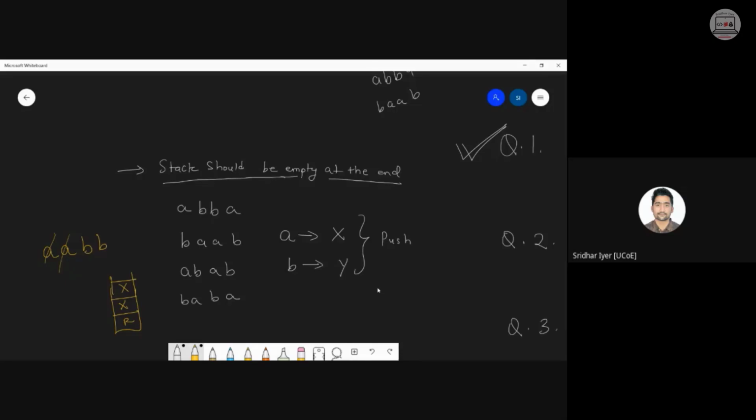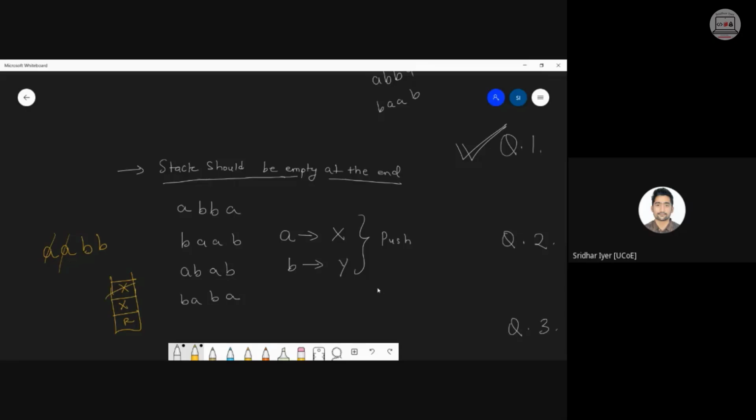What will the popping condition be? Whenever there is a B immediately after an A, or whenever there is an A immediately after a B, you need to pop the top symbol. Correct. When B is just after A, pop X, and when there is A after B, pop Y. Whatever I may have said reversed, look carefully once. So it is basically B on top of A. So what is on top in your stack? X is there. Irrespective of whatever is there on the stack, you have to pop it.